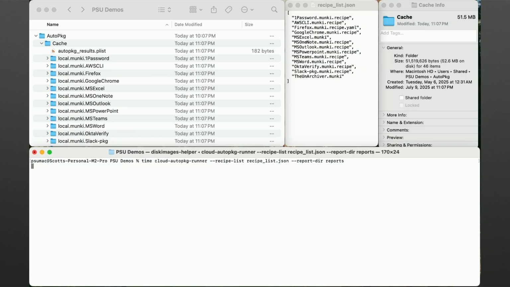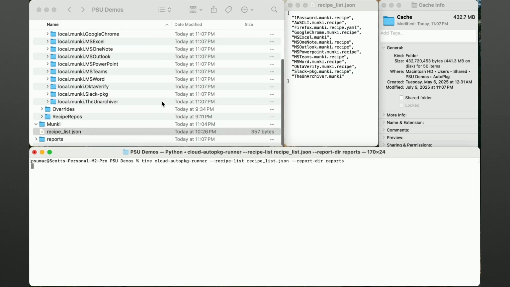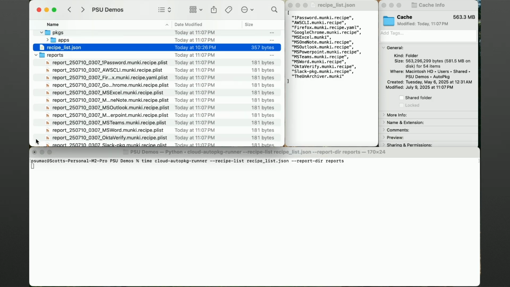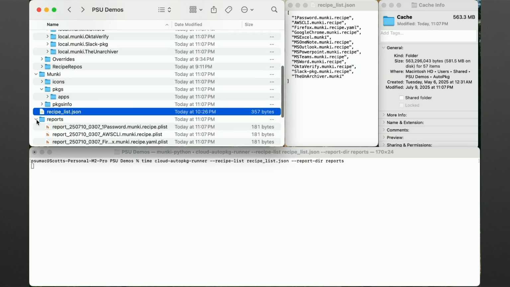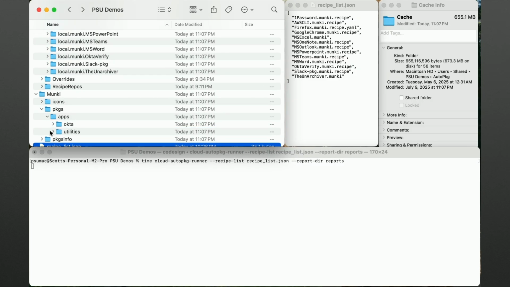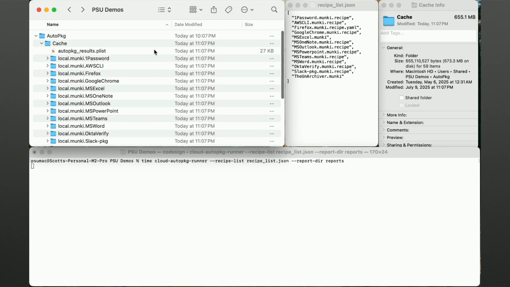This time, things start off quite a bit faster. Since the recipe list is running concurrently, the cache directories are created as it starts, like I mentioned, not necessarily as they finish, so it just starts a whole bunch of them right off the top. You'll see that this tool creates a different report file for each different recipe instead of combining it all into one, which I think can make it a little easier to process. They're also date stamped, so they don't get overridden every single time.